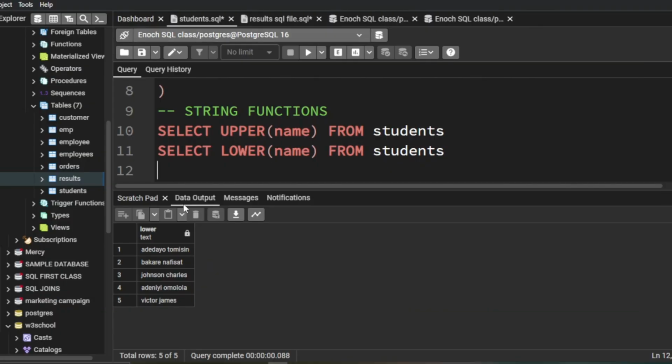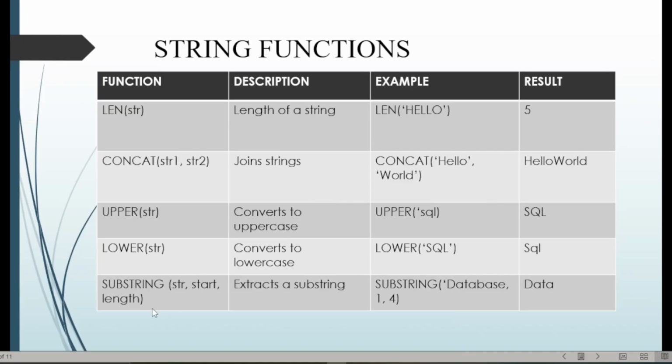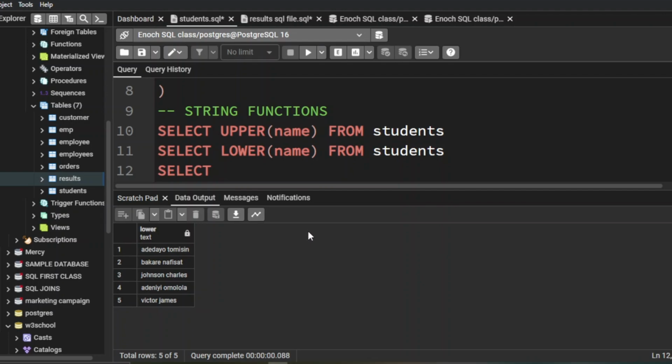As you can see, we have the name and the surname together. So let's say we want to separate them. We want to have the surname of the person and also the first name of the student. We can say select, like I said, you use substring, you pass in the string and you tell it where to start and where to stop. So select substring, the name of the column is name, then start from,